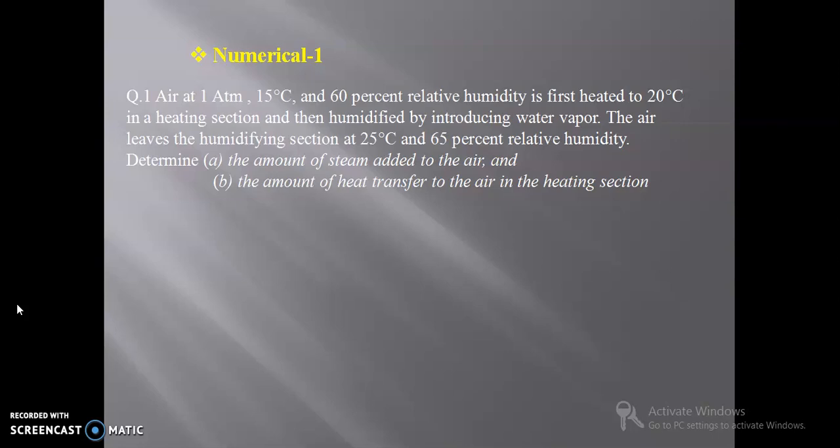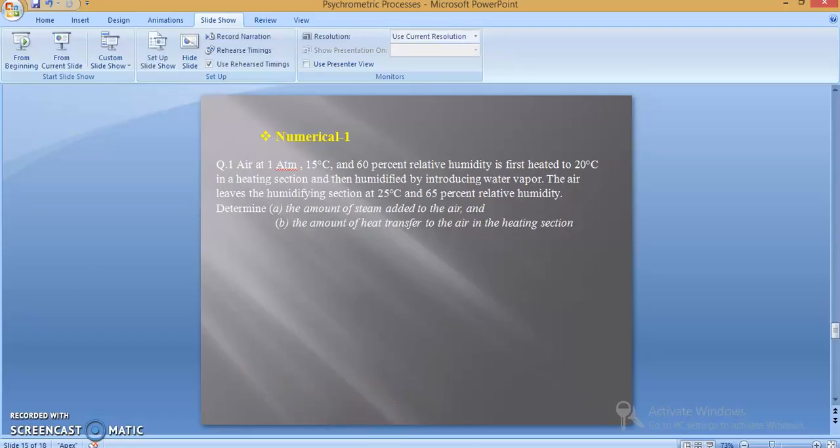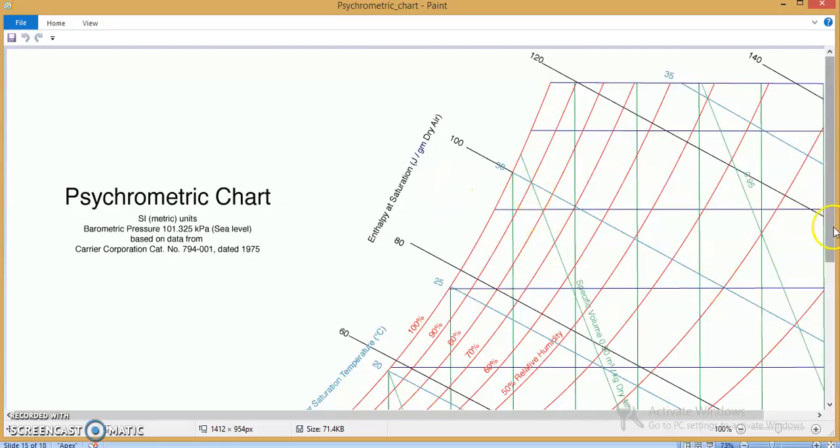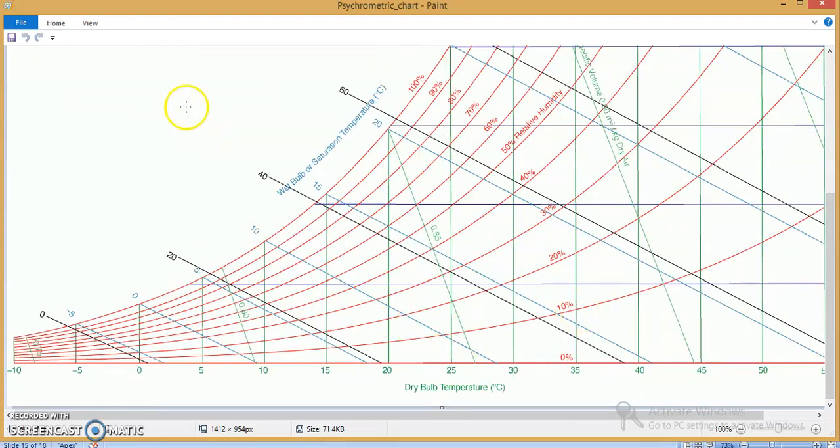So we'll first plot this 15 degrees Celsius and 60% RH air on the psychrometric chart. Then we have to heat it to 20 degrees Celsius and then humidify it to 25 degrees and 65% RH. So let us plot this on the psychrometric chart. Firstly, 15 degrees Celsius dry bulb temperature and relative humidity is 60%. So I'll mark this as point 1, and